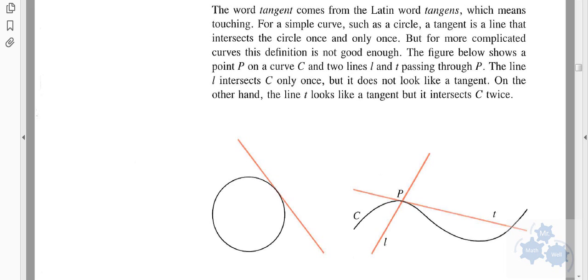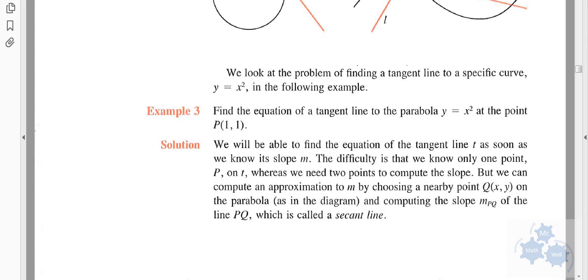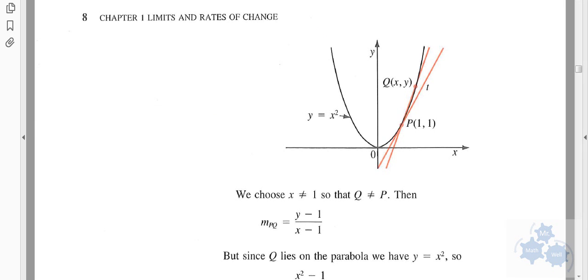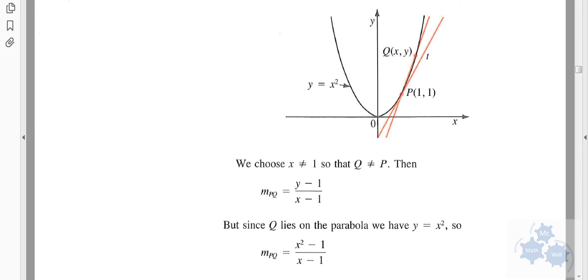Even though this touches only once, it's not supposed to intersect the line like this. Okay? A tangent line sort of is above the line, touches, and remains above. Or it's below the line and touches and remains below. That's the kind of tangent we're looking for. Okay? And so in order to find the tangent of a line at a single point, it gets a little tricky. You see, the tangent line at this point on the parabola, which is this line T, to calculate the slope, one would have to